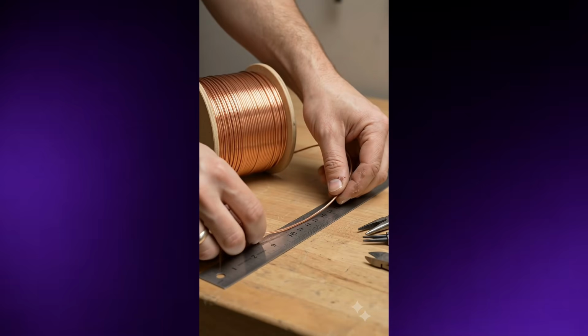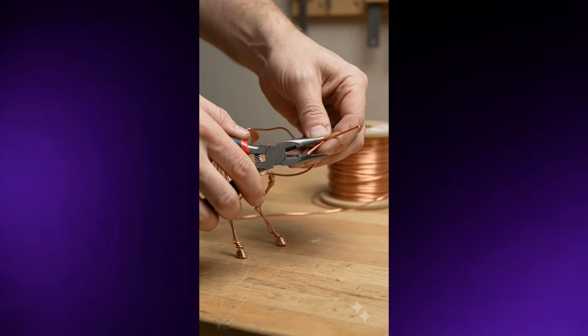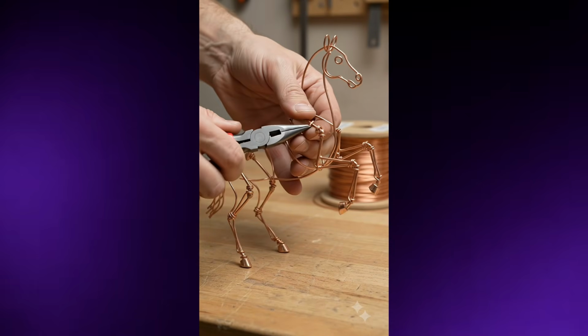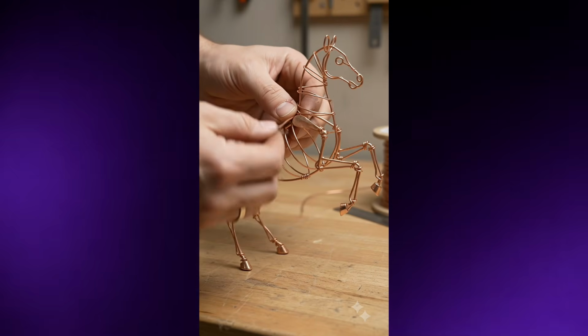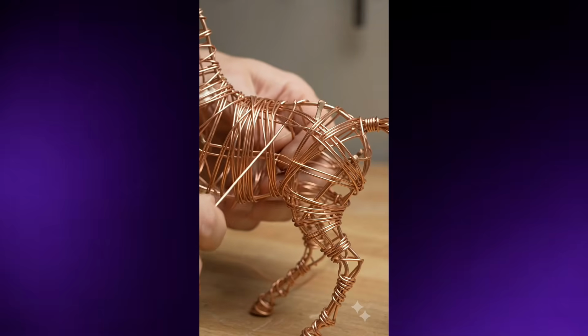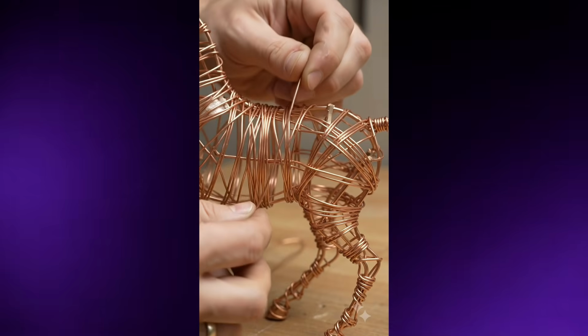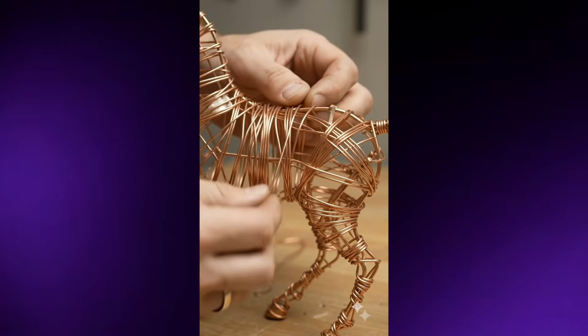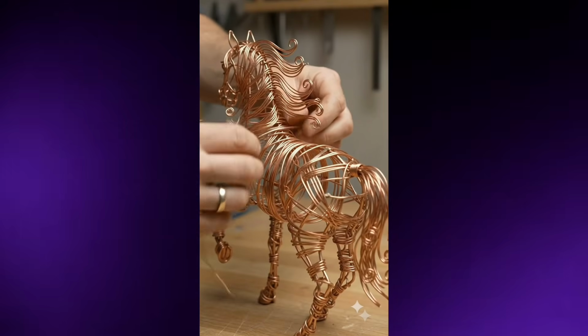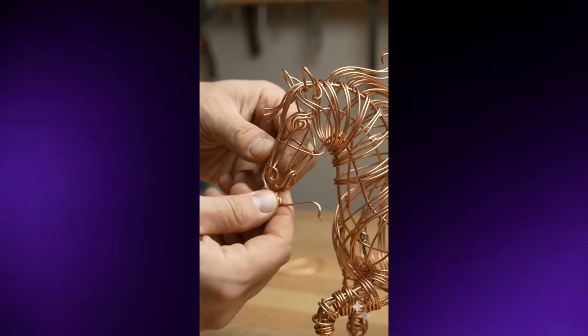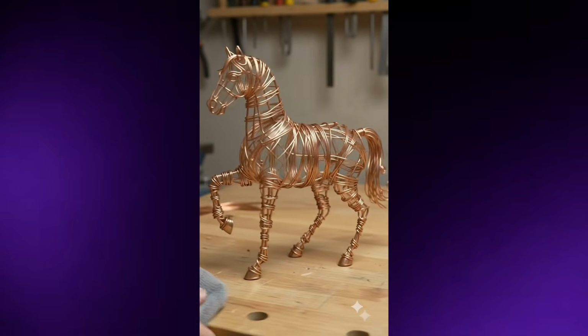What if I told you that the wire art video you're watching right now was created in less than 5 minutes, completely with AI? And here's the crazy part. The entire video is only 20 seconds long, which honestly makes the whole thing even more impressive. So, in this tutorial, I'm going to show you exactly how to create videos like this from start to finish